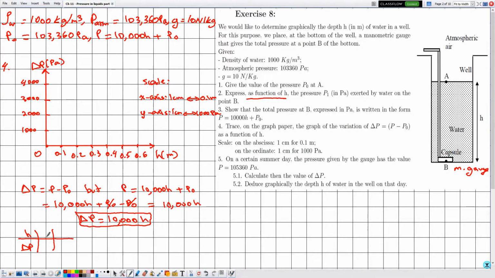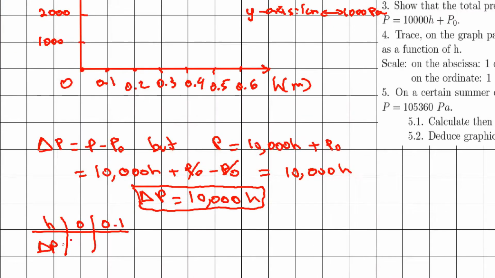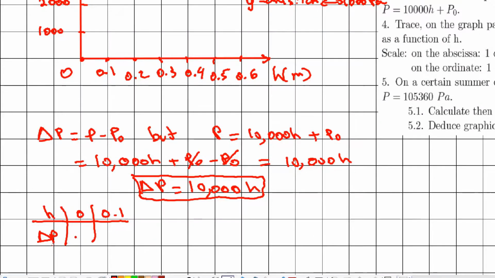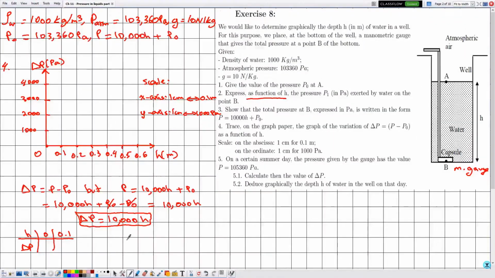So let's consider that the values of H is 0 and 0.1. One could, for example, choose another 2 values, let's say 0.1 and 0.3. So H is up to us. Okay, we can choose any 2 points from these axes. Now as for delta P, now we need to determine the value of this point and this corresponding to this point. So let's say for H is equal to 0, now delta P is equal to 10,000